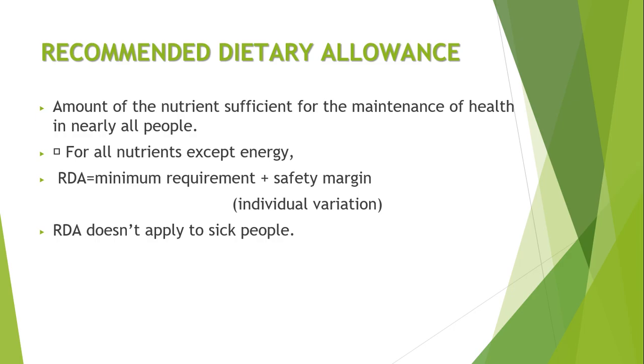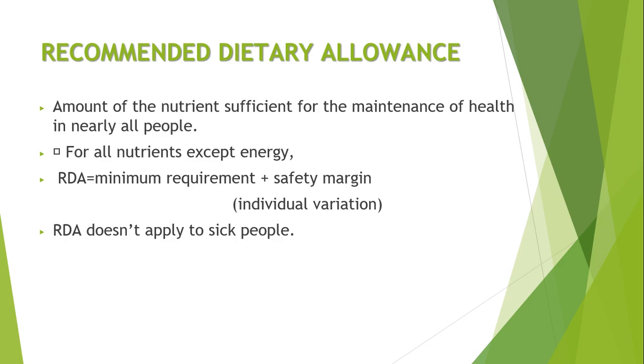But at different stages of the life cycle, there are certain nutrients that you would require more of or less of. But how is it that you know how much you are supposed to consume of a specific nutrient? How is it that you put a value to it, per se? You have something that we call the recommended dietary allowance. The thing about the recommended dietary allowance, though, is that it doesn't apply to sick people, right? And also,